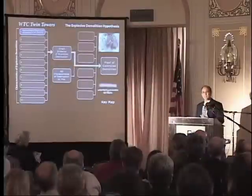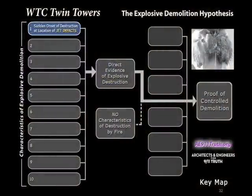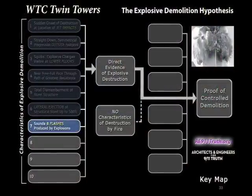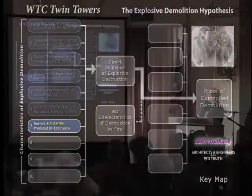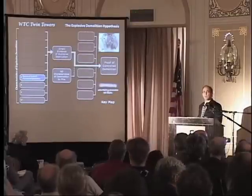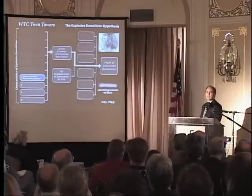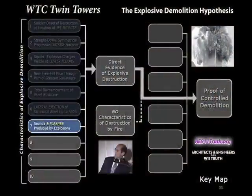Beginning with, is there a sudden onset of destruction, not at the base, but at the point of jet plane impacts? After all, let's realize now we're looking at deceptive controlled demolitions. We want to blame the collapse of this building on the fires and the planes. We're going to start these explosions, in this case, at the point of jet plane impacts. Whereupon we hear, and we will hear several examples, dozens and dozens and dozens in the DVD, of sounds and